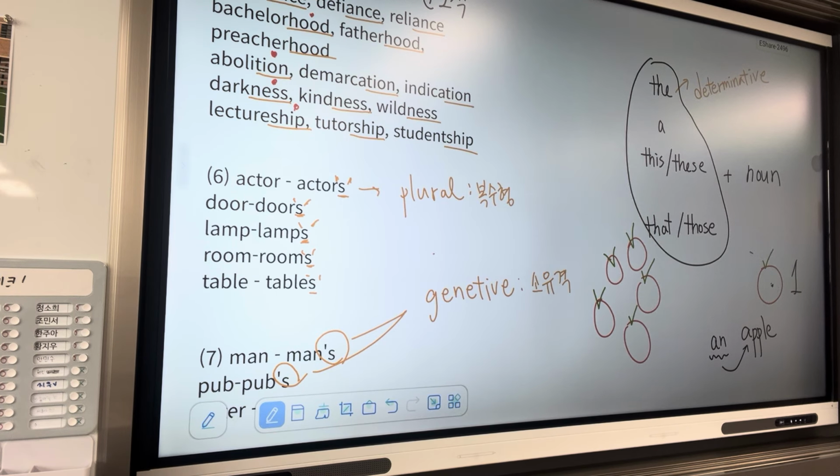So here, can anyone tell me what are the examples of second determinatives? What are the examples of second determinatives? Yes, this and these. Okay, good, thank you. So here the second example of determinative is this film and these films. Here they are used dependently. The determinatives this and these depend on the nouns. So this depends on film and these depends on films. Okay, so they are used dependently.